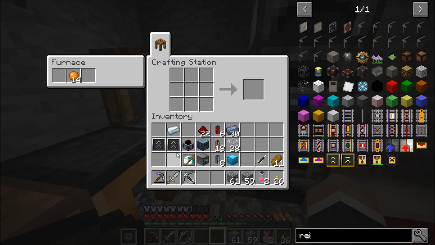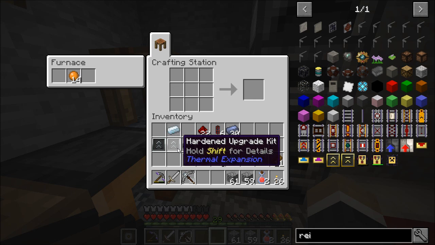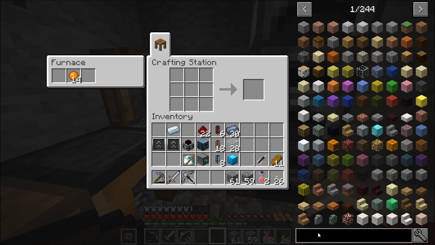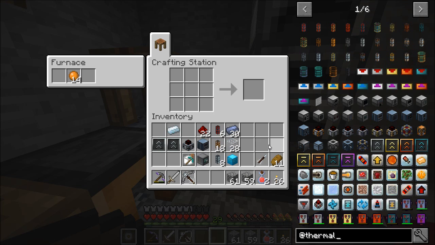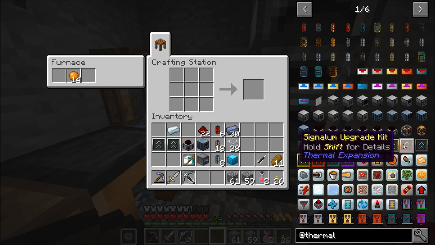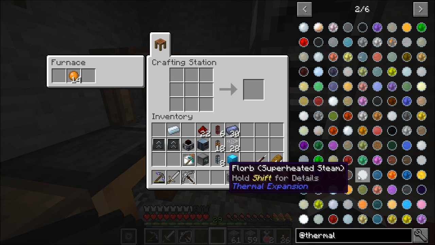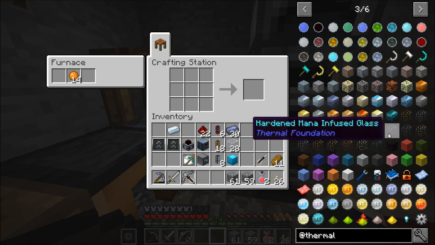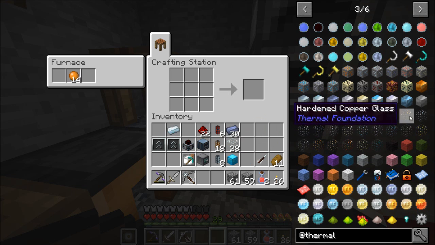Because we need these hardened upgrade kits anyway, because they at least give us 1. Let's go at thermal, because I actually want to take a look at this. Yeah, I can get up to signalum even, but it's going to be slightly expensive if I want to start doing that. This stuff, it's not hard to get this type of material. It's just basically